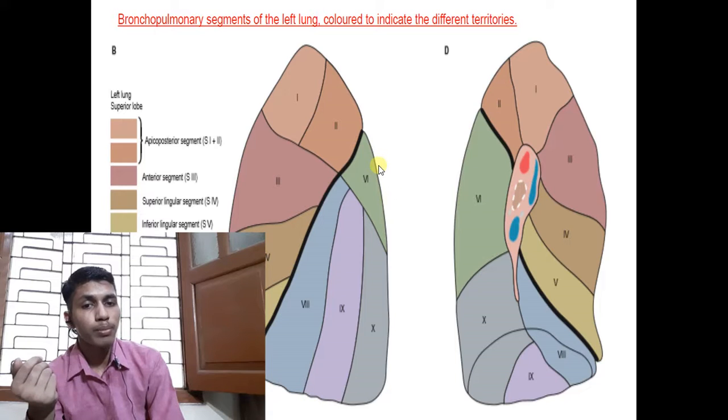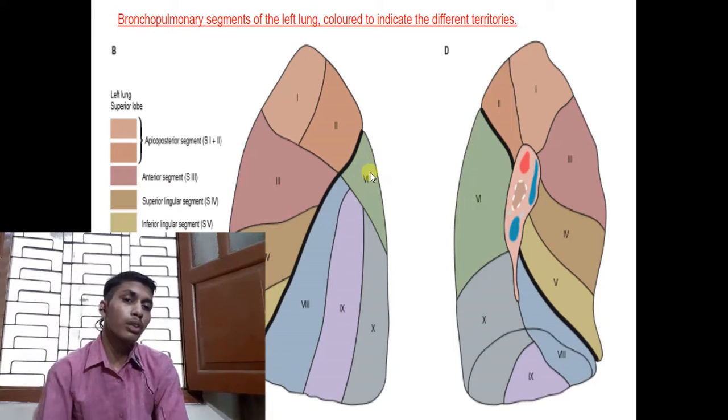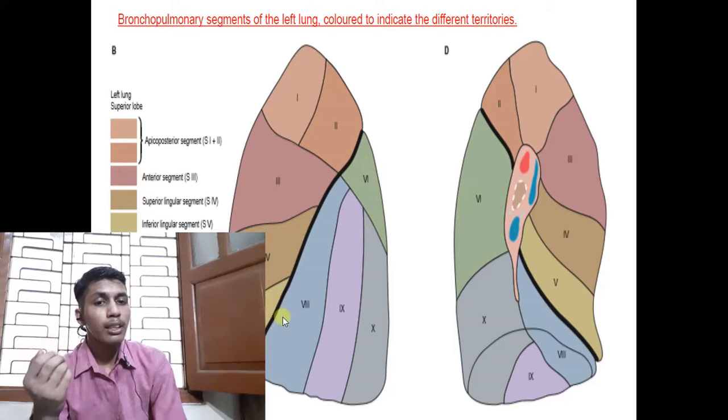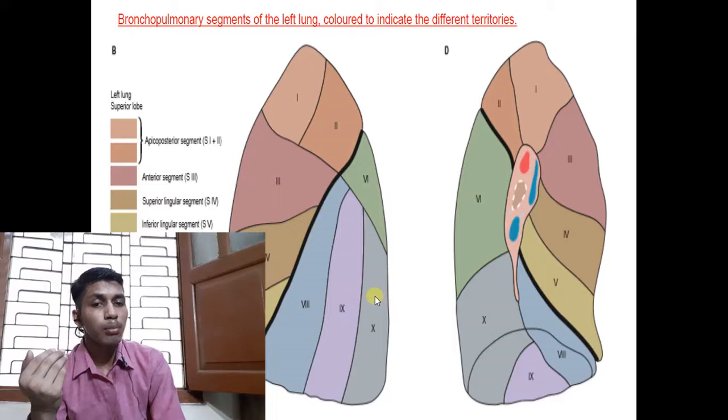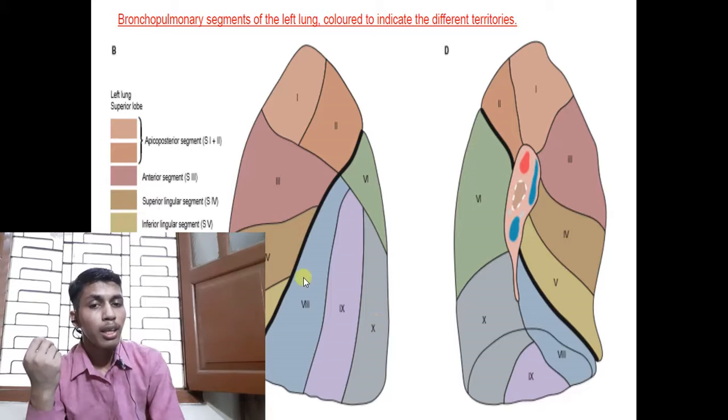Now in the lower lobe, this is at the topmost, so this will form the superior segment, and these three structures are on the basal part of the lower lobe of the left lung, so these are known as basal. Basically the seventh, the medial basal segment, is not seen here. This is the posterior most, so this will be the posterior basal segment. This is the anterior most, so this will be the anterior basal segment, and this one is the lateral basal segment.